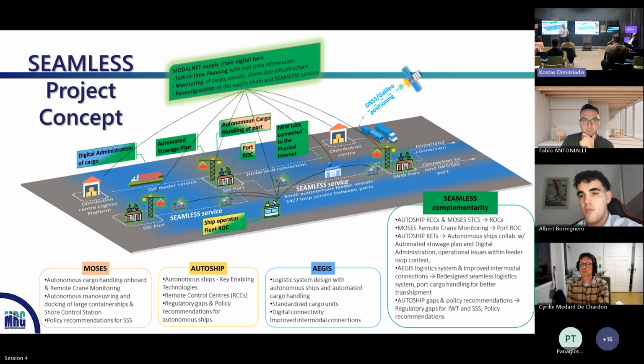The second one has to do with developing a logistics platform that is capable of monitoring all the traffic of autonomous vessels and dynamically managing any disruptions that might occur, offering an extra note of resilience to the service. And the third one, which is arguably the cornerstone of Seamless, has to do with developing the remote operation centers that are capable of handling these ships. The idea here is to have one operator able to monitor and control multiple vessels. In our project, one operator will be able to handle 3 vessels. So these 3 building blocks are at the heart of this project.